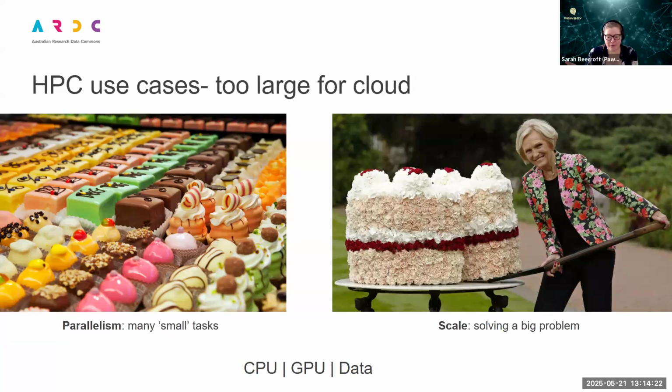What I see is a lot of users start off with their laptop or their lab's local Linux box, particularly in biology. Someone somewhere has bought a Linux box and then they realize that they can't do everything on that anymore. They'll go to cloud, which is an incredible step up. And I use cloud a lot as well, actually, for doing things like building containers where you have sudo access. So it's very useful, and you will find people will use cloud and HPC a lot of the time.